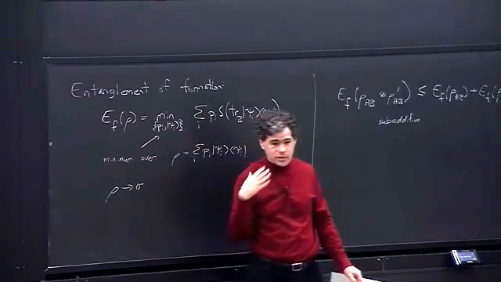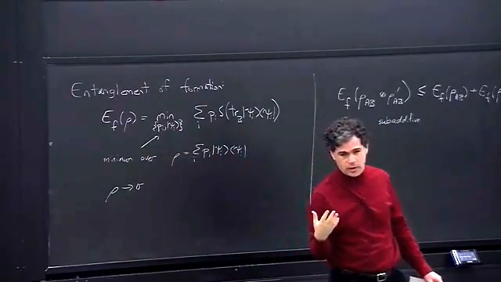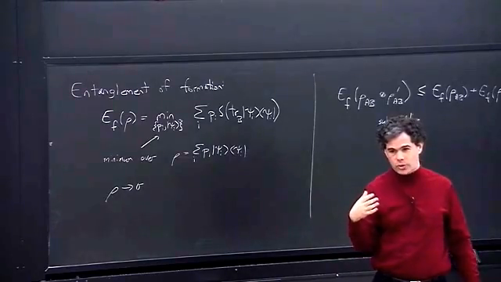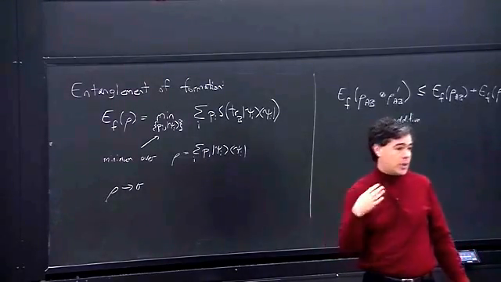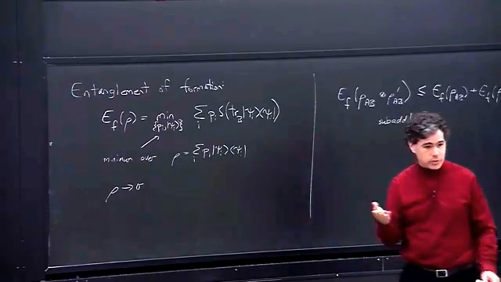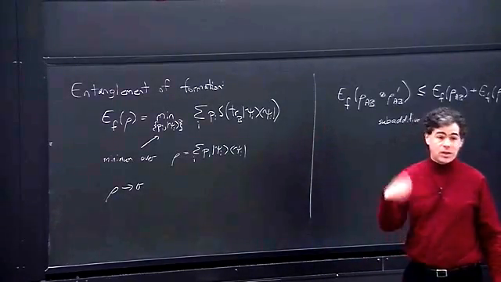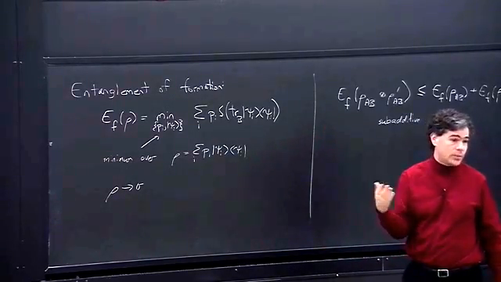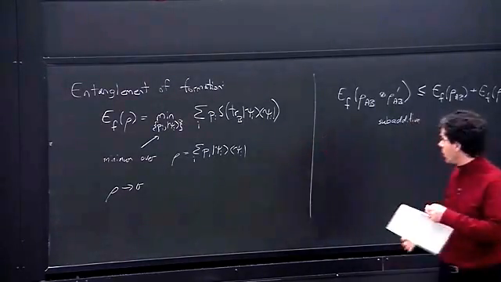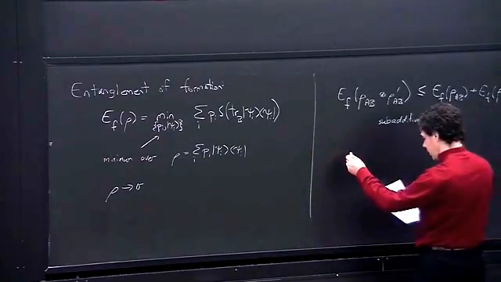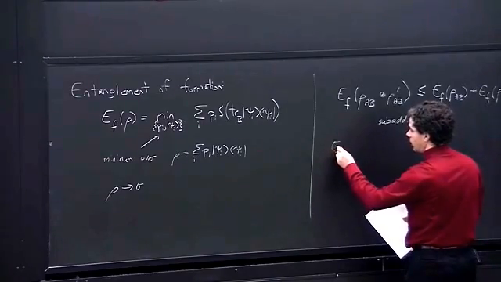But the upshot is that, while the formula is a property of the state, it's not really an intrinsic property of the state. It depends what the context is. If you're just trying to make the state by itself, this is the right formula. But if you want to make many copies of the state, it might be better to do that, and you might be able to save on that. And so people will talk about the entanglement cost,